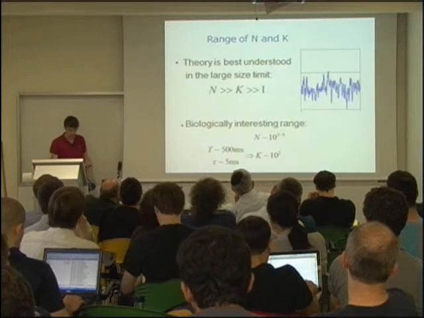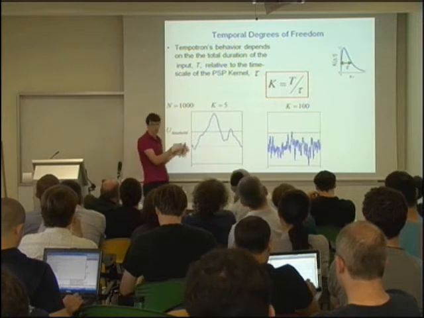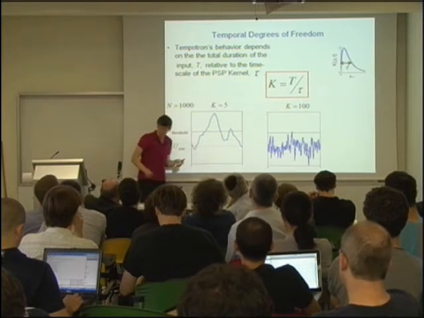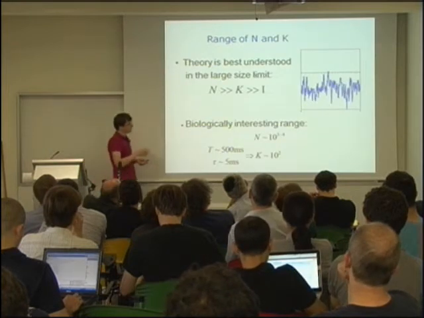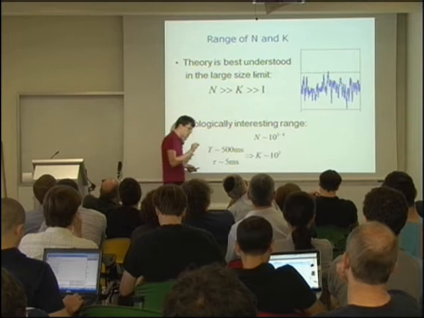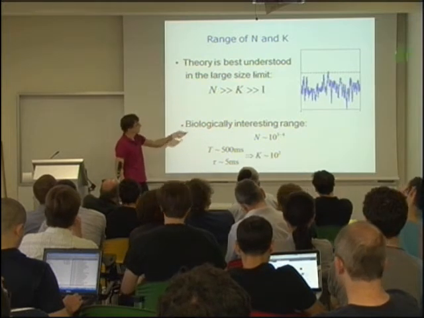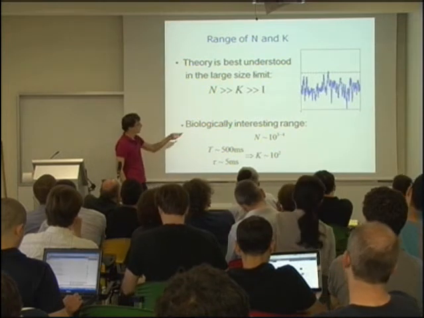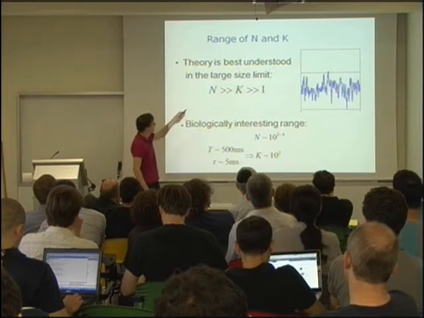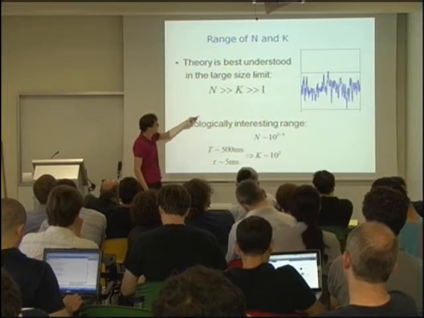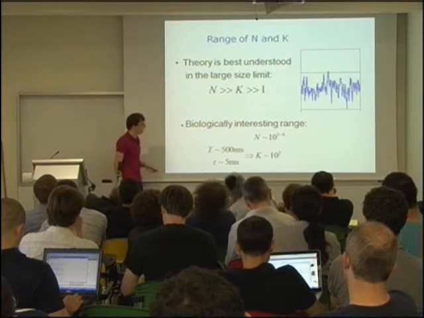And the question we ask is, what range should we be interested in? Because these are clearly qualitatively different. So the answer is that theoretically, the best regime where we can understand the behavior is this limit, where we have many opportunities to decide. But when the size of the system is much larger than the number of decisions we can make, and fortunately,